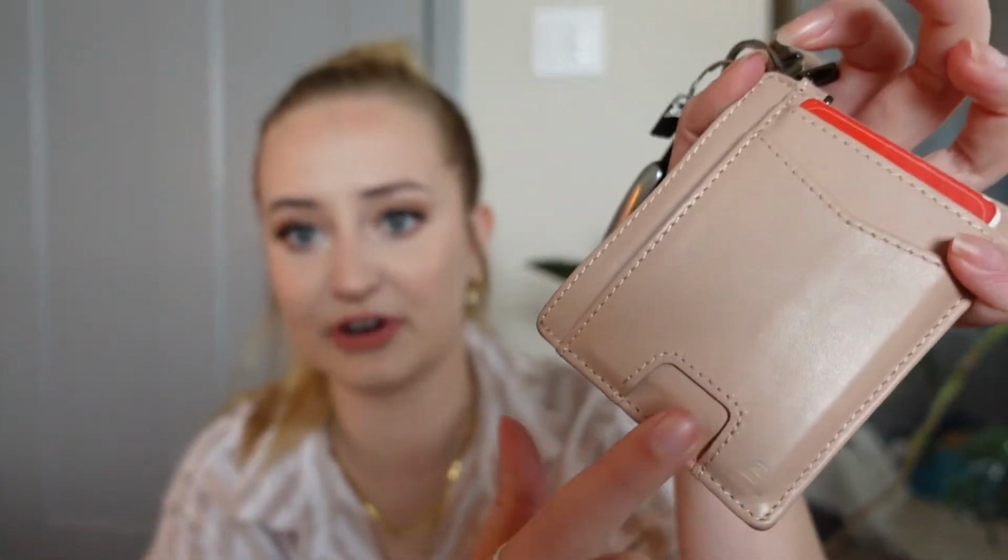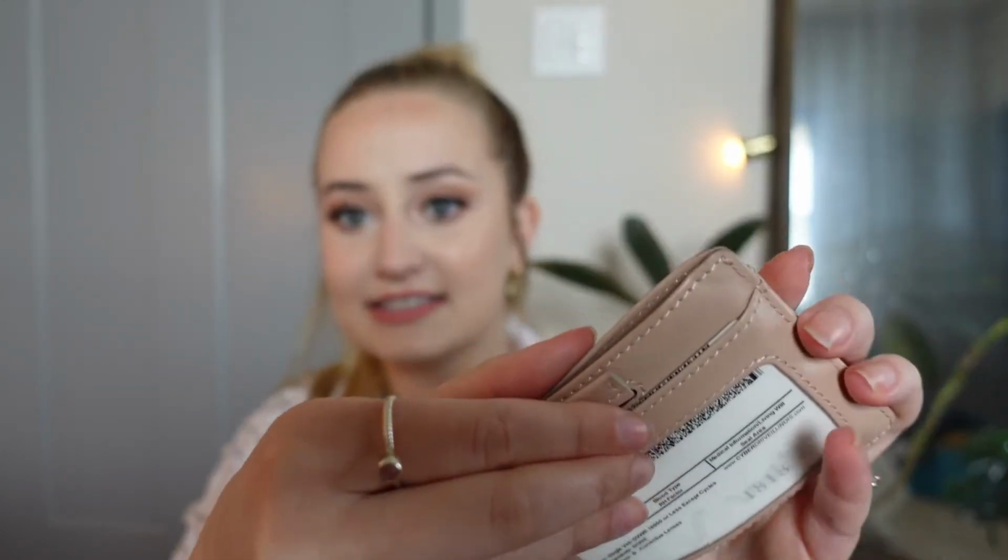There are a lot of really nice features about it. In this front slot I keep my debit card, and it's got this little pocket so you can just push the card up. And then this main pocket is where I keep a lot of my other credit cards and gift cards, and it's got this little tab thing. So if you pull that, it brings everything out. You don't have to go digging in here. It does all the work for you, and then you just...